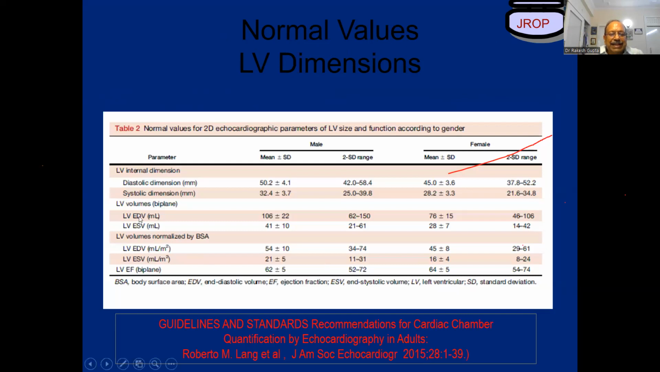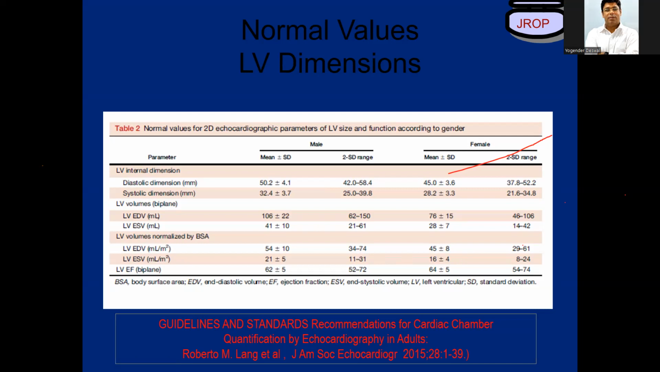Look at the LV volumes, end-diastolic volumes, biplane method, 106 plus or minus 22. If your LV volumes have become smaller, obviously your ejection fraction would be high. Correct, sir. But if your LV volumes are smaller and your ejection fraction is low, it means your hypertrophic patient has gone into dysfunction. Correct, sir? Because there was a confusion, sir, whether to take, like, sometimes the patients which we have